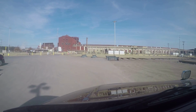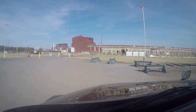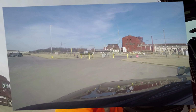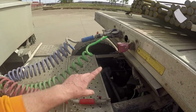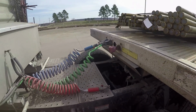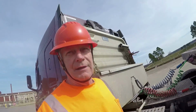Alright, so I'm gonna make this left turn here, and I'm looking for trailer F13240. Okay guys, I found my trailer and I've got most of my things swapped off. I'm waiting on the guys to come and unlock. What they do is they put this red lock on one of your brake lines, and once you're ready you have to call them and tell them,